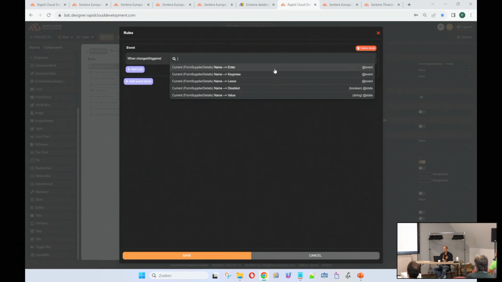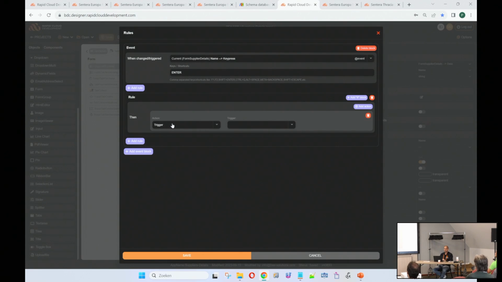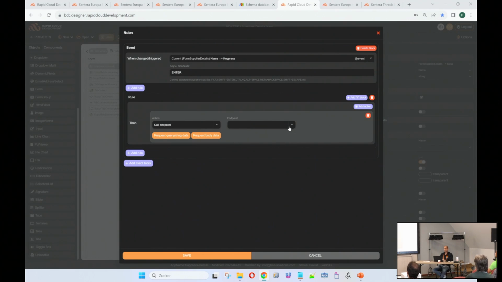I can simply select which type of event I want to set up. In this case, I want to see maybe a key press. And then here I can do if enter was executed, then I need to do something, maybe add an action to execute an endpoint. And then I can select some UI rules endpoint here, which I want to execute. And that UI rules endpoint will receive all the screen's information of every field of that application